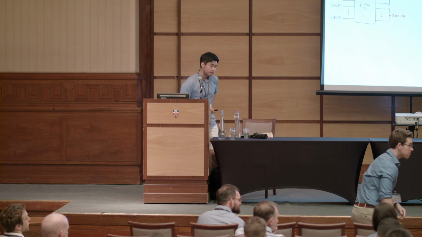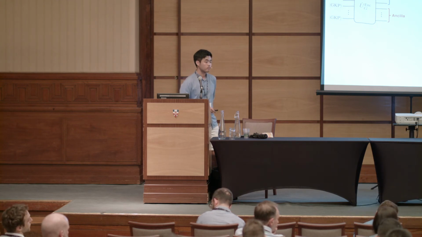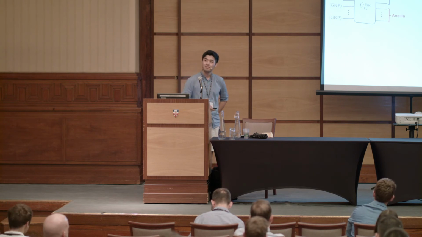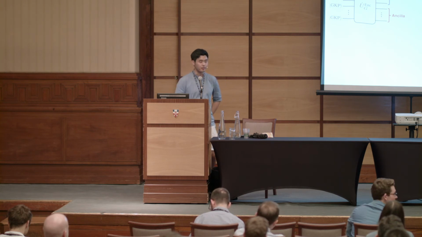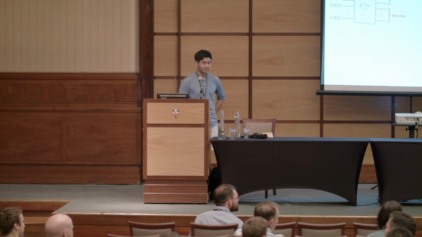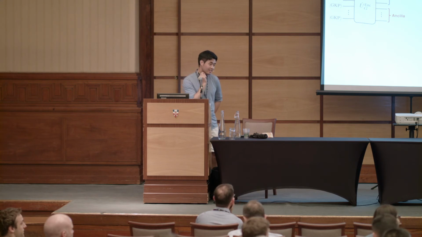So the GKP codes take physical bosons and map them to logical qubits, and your codes take physical bosons and map them to logical bosons. Do you know if there are codes that will take physical qubits and map them to logical bosons? I'm not aware of that. I don't think there is such a code, but I think that's an interesting class of code that one can explore. I'm not sure how the dimension counting would work on that one, but